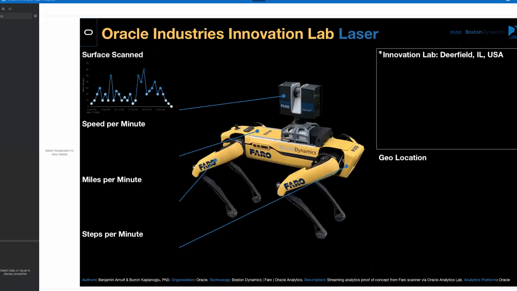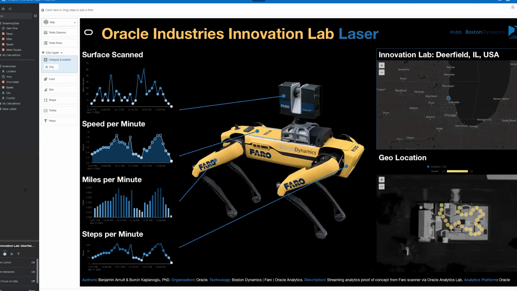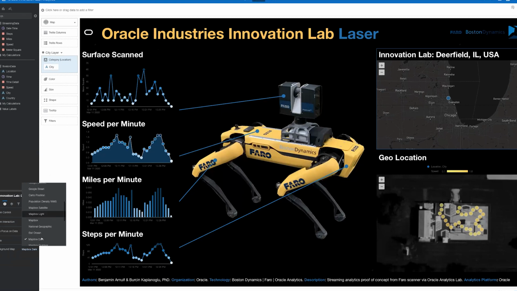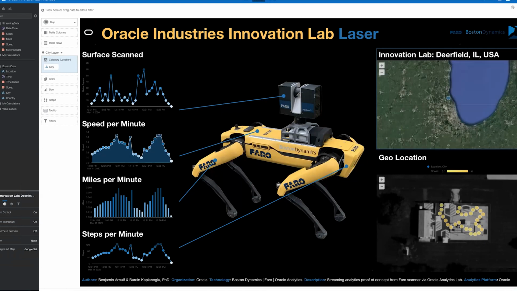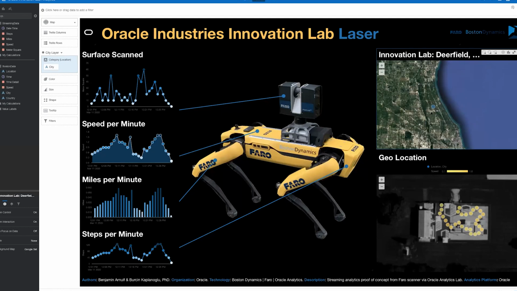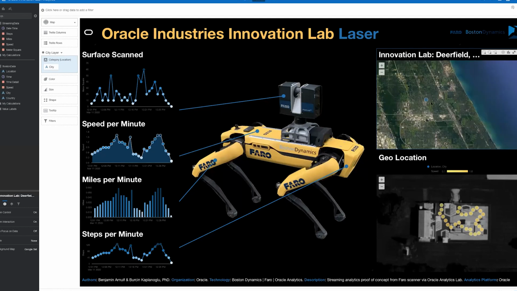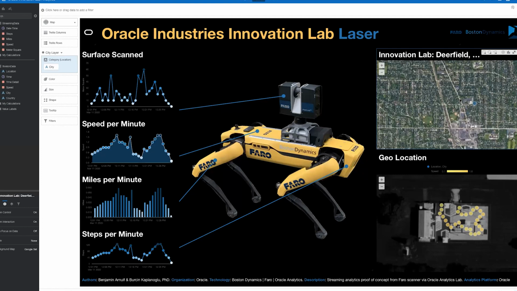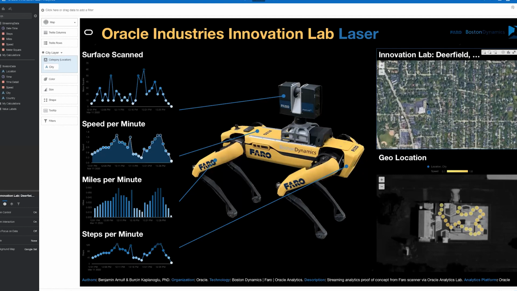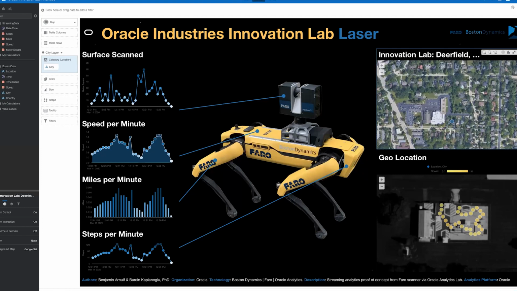Now I'm just going to click on the map here, and I'm going to see if I can find my Google satellite view map. And I will click here, and automatically I can see Google satellite. I can go also a little bit down here and see Google Sat, the new one that I loaded. Now it's going to move from the normal Mapbox map to the Google satellite, and I can zoom and see a little bit more detail on where the Oracle Analytics Industry Lab is. Okay, so that's really cool, it's really quick.